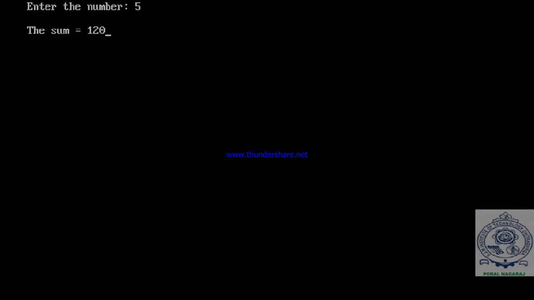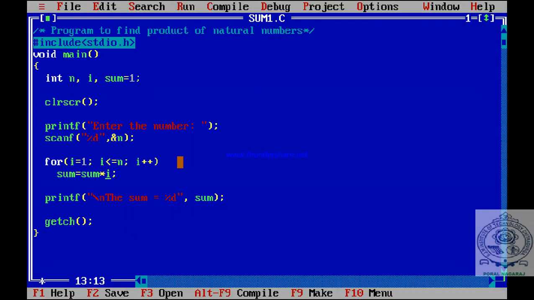Instead of sum, the variable should be product. So you change the program here. To be semantically correct, you make it product. So this should be product = product * i.